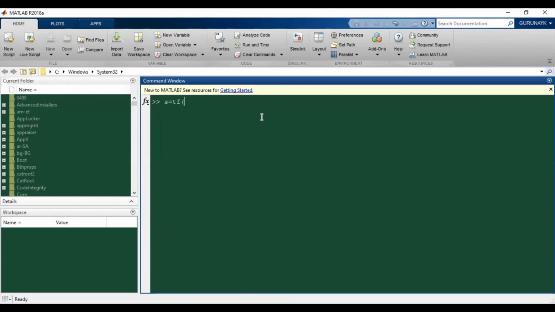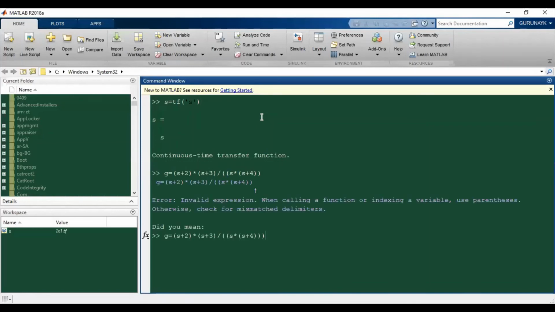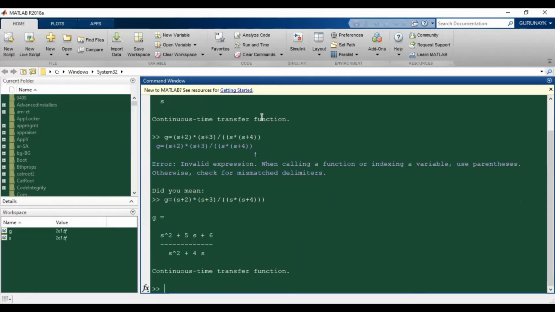I will type the Laplace function, then I will type the transfer function. The transfer function should be typed without the k. So the numerator is s plus 2 into s plus 3 divided by s into s plus 4. Am I correct? Fine. So we have s plus 2, s plus 3 divided by s into s plus 4. So the root locus of this is